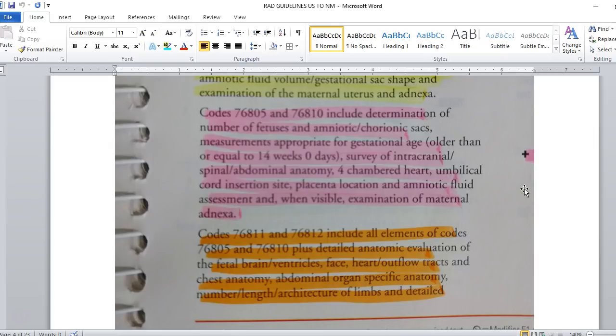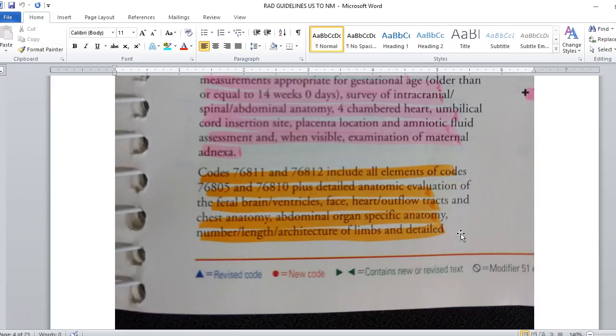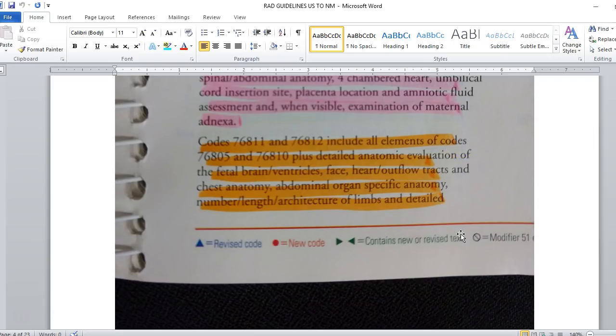So when we're less than 14 weeks, we can see some structures, but not much. But by the time we get over 14 weeks, that's when we can start looking at the brain, the heart, and the spinal and abdominal anatomy. Now, as mom continues along, or if we see that there might be any issues, code 76811 and 76812 include